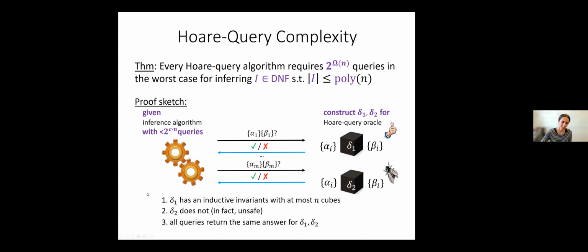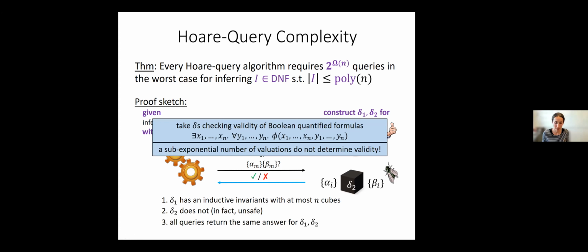So the delta 1 that we, no, it does. The delta 1 that we construct that has an inductive invariant, the invariant will be in DNF and not simpler. Oh, if I don't restrict it to a more general class, yes, the proof still applies. But for example, it doesn't apply if I want to think of simpler invariants. Okay, and actually I do have one, so I'll skip the rest of the details, but